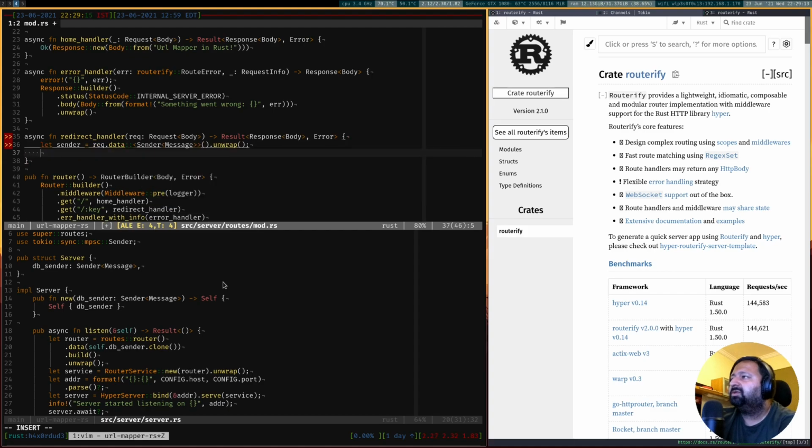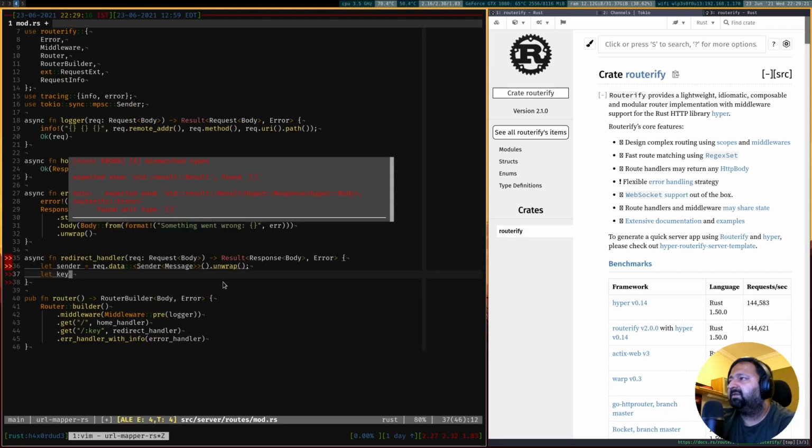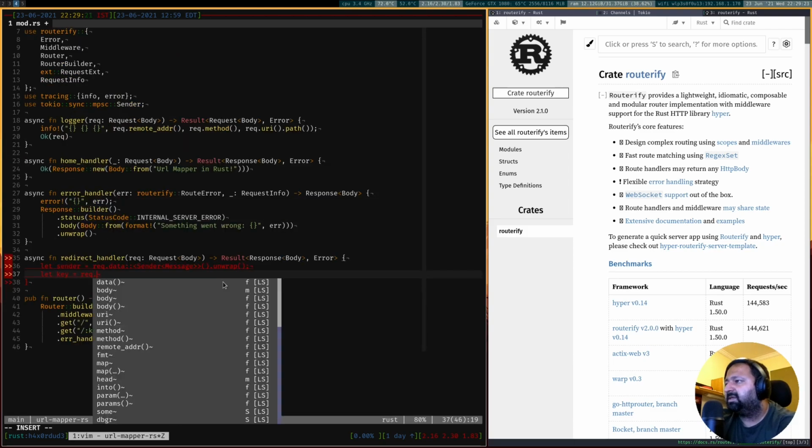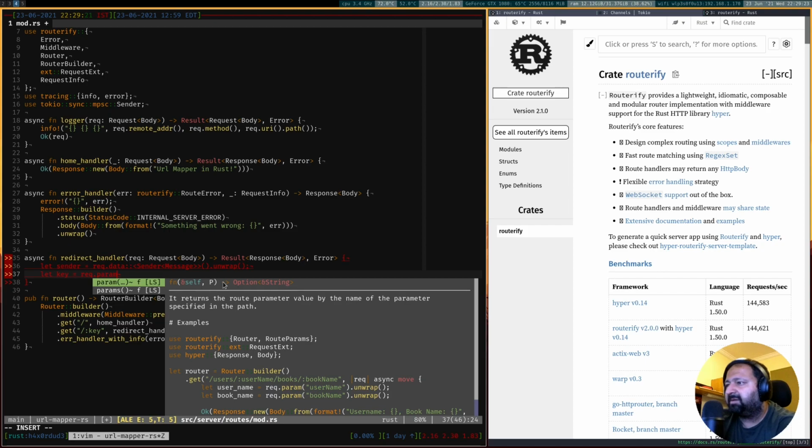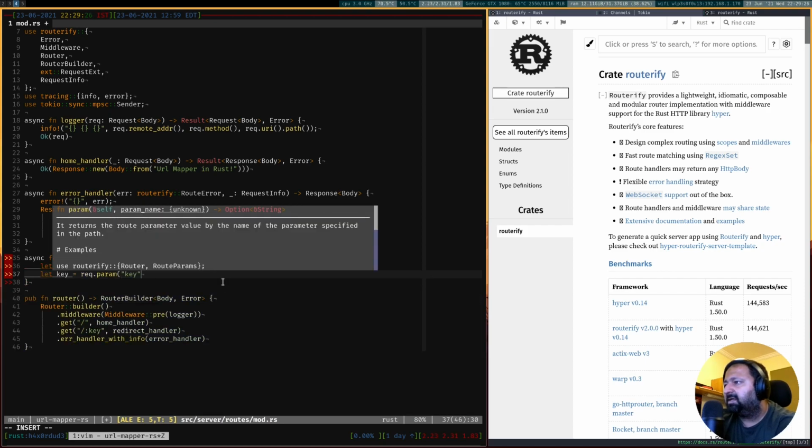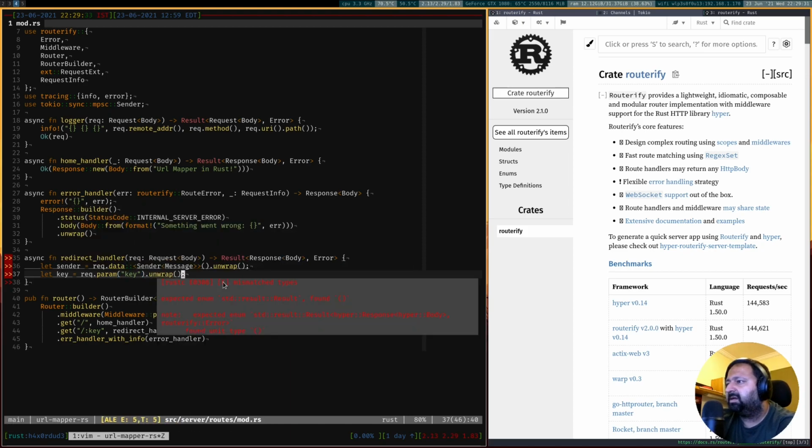We also need the key from the params, right? The way to do that would be to get it using the param API, and we have to unwrap it.